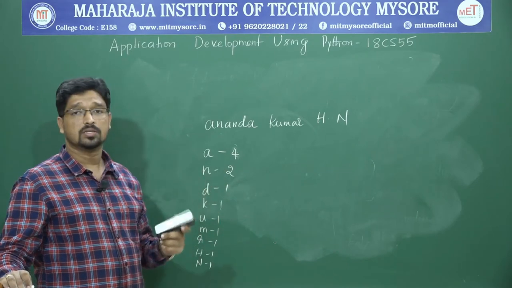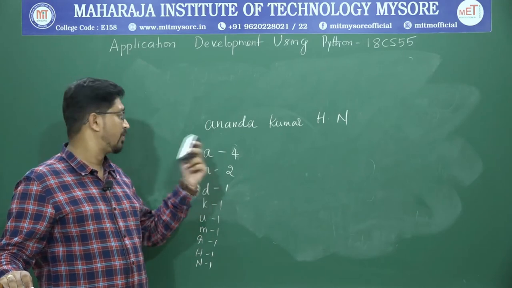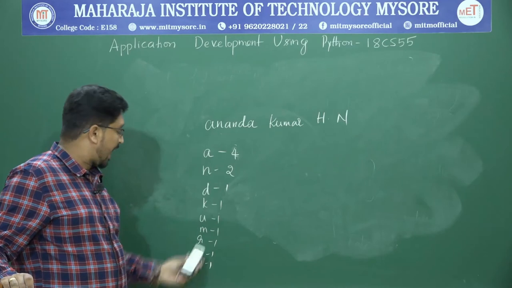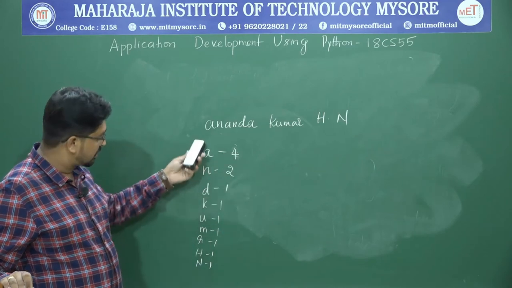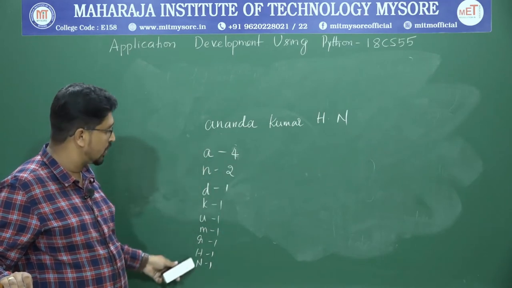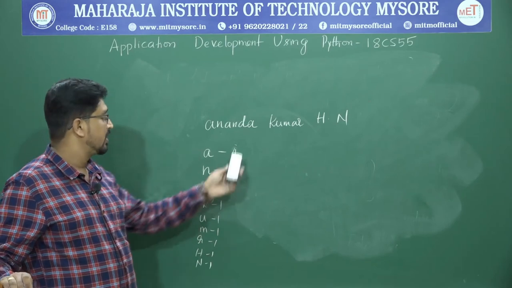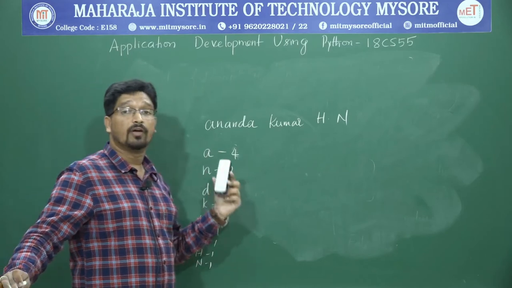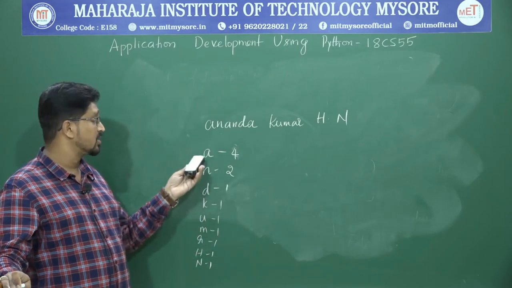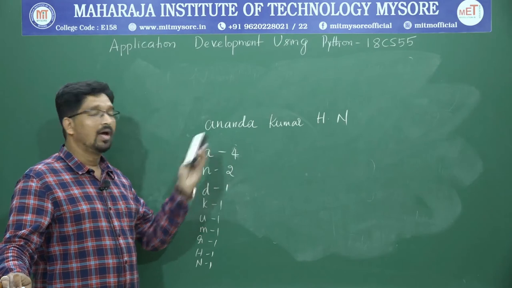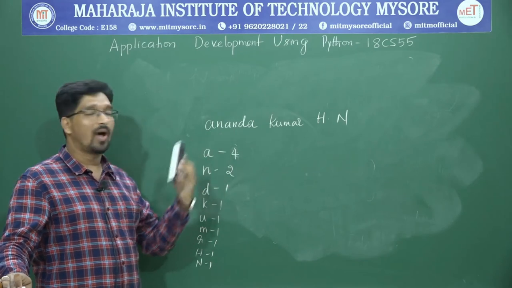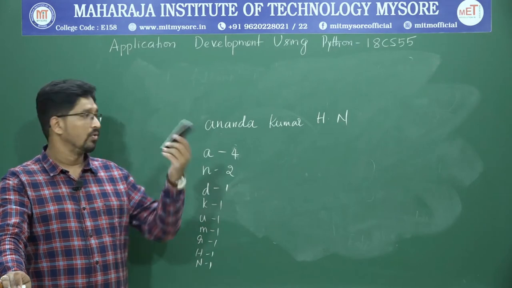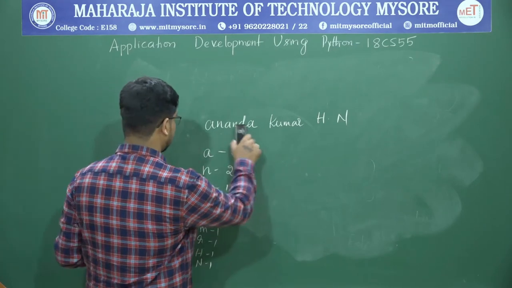So how to do this? Using a dictionary you should perform this operation. Did you get any idea? I have some characters, I have some numbers, and you can observe here these characters are unique. There is no repetition, but here it can be repeated. Then you can think of creating a dictionary consisting of a character as the key and the value as the number of times it repeats. Right? Okay, let us write that program now.